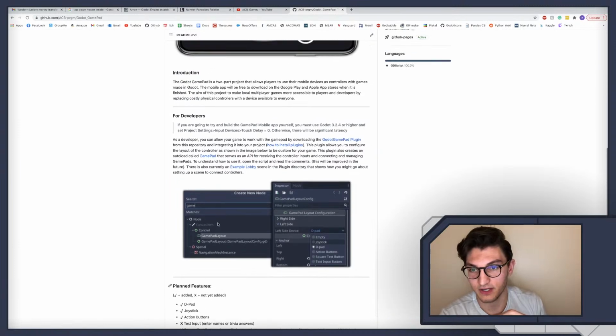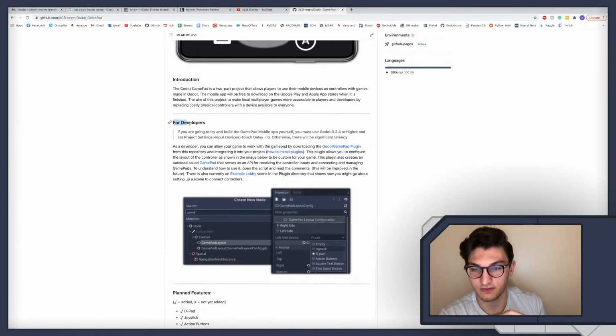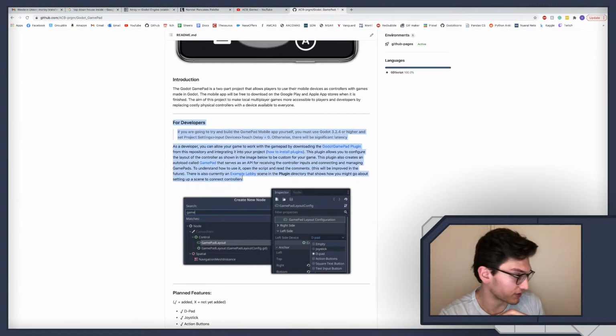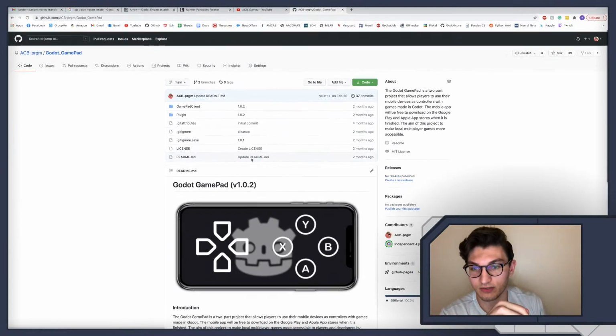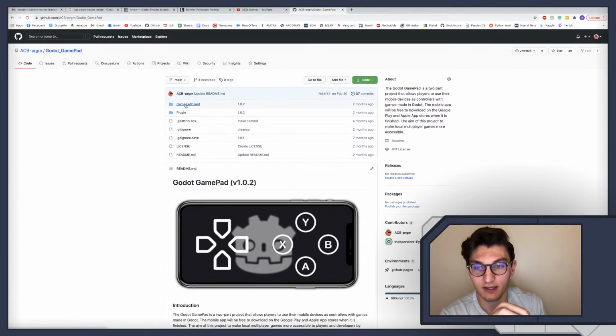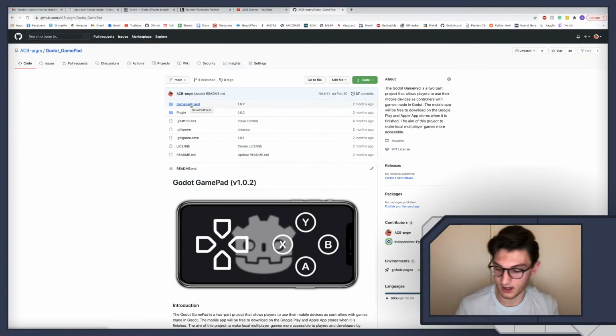So you can see here are my planned features, and this is the instructions for developers on how to put it into your games. When you download this, it comes with the Gamepad client. This is the part that you actually run on the phone, which is also a Godot project, because Godot has built into it,